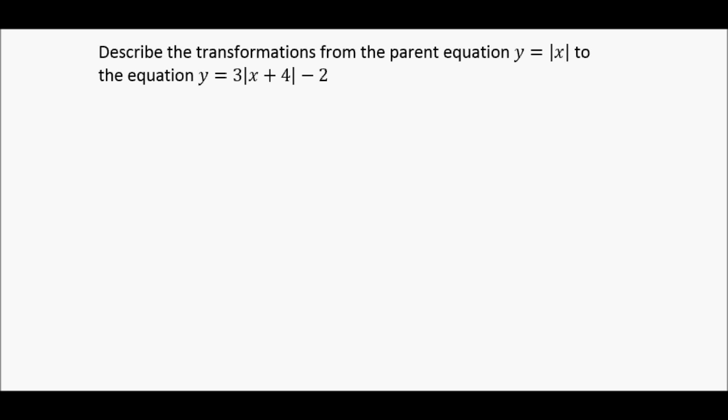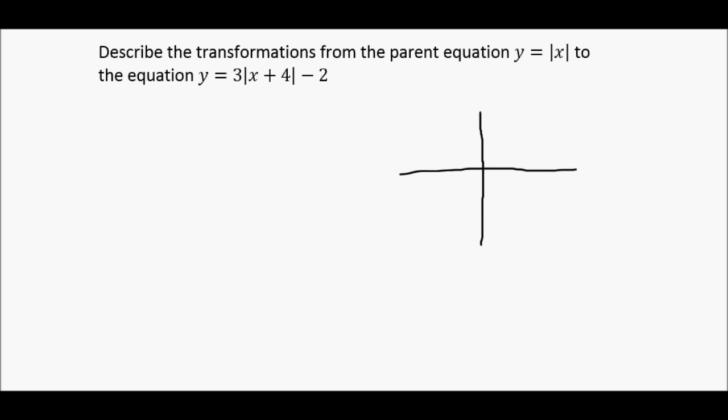Okay, this video asks me to describe the transformations from the parent equation y equals absolute value of x to the equation y equals 3 times the absolute value of x plus 4, minus 2. Okay, so the first thing I do for questions like this is I do a quick sketch of the two equations. So we'll do a little grid right here,